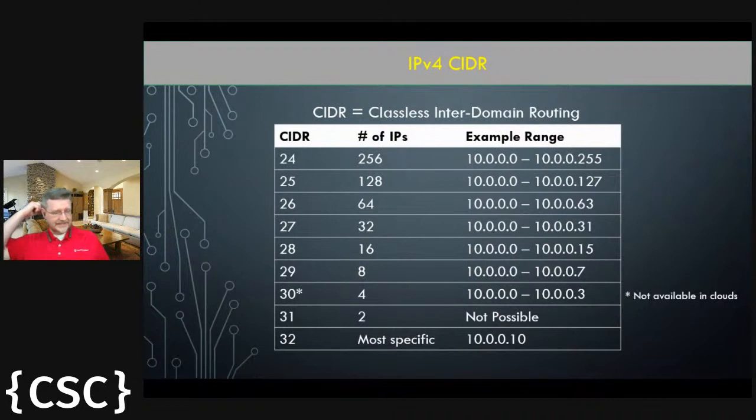CIDR, when I was talking about that /24 representing 256 addresses, then there's /25. Obviously, you can go all the way up to /0, which means everything. But you can also bring it as far down as a /29, which only provides 8 available IP addresses. You can do this, but you cannot do a /30 in the cloud networks. And the reason why is both Azure and AWS. I'm not 100% sure about GCP, I'm probably so, but I can vouch for Azure and AWS.